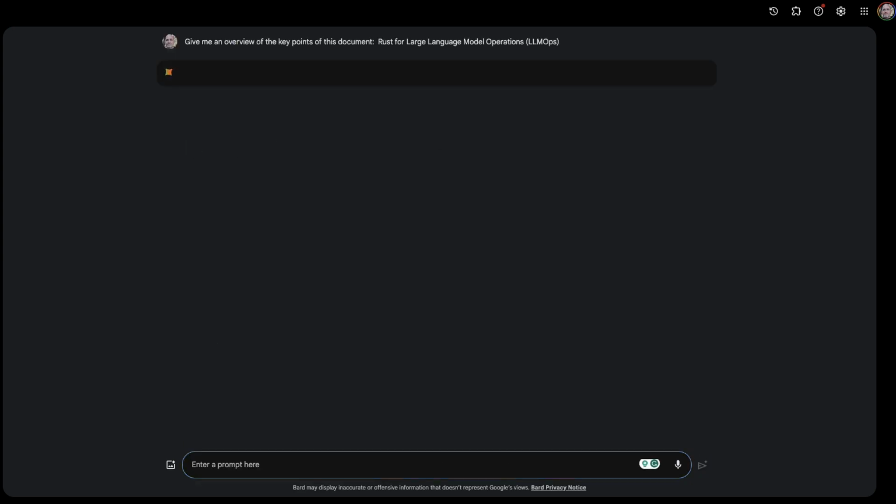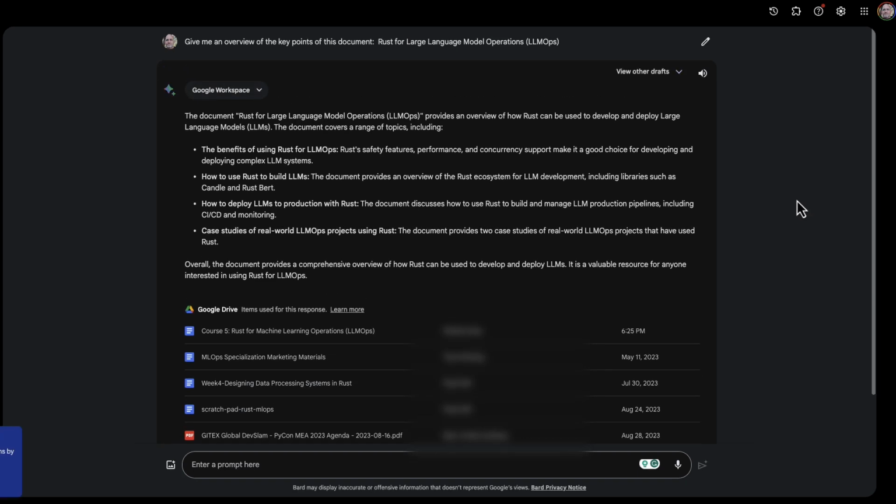What it's going to do is go into my Google Drive. It's going to find my document, access the documents, look inside for key facts, and then give me a summary. So it says this document shows that it's going to cover the benefits of using Rust for LLM ops. It's also going to use Rust to build large language models. We're also going to cover the deployment of large language models as well, and we'll have case studies of real-world